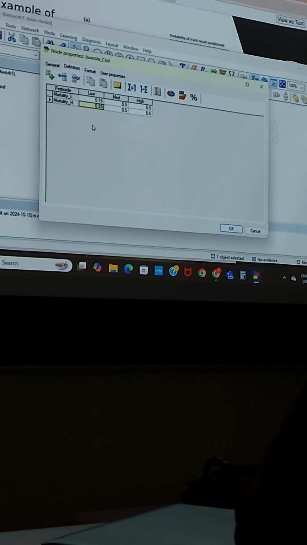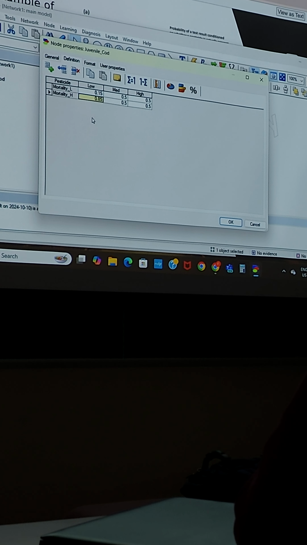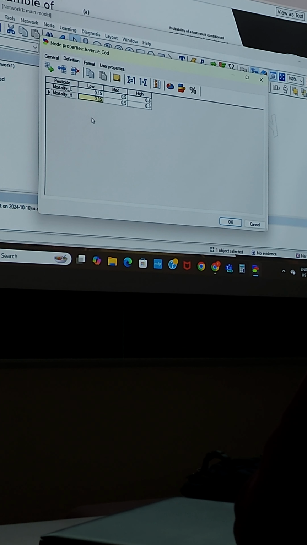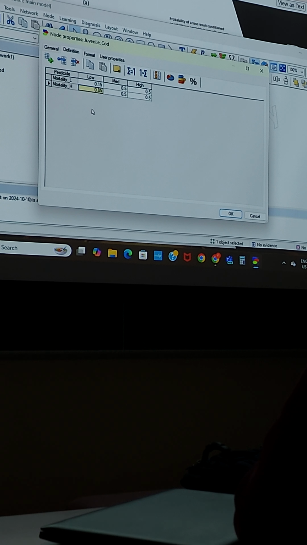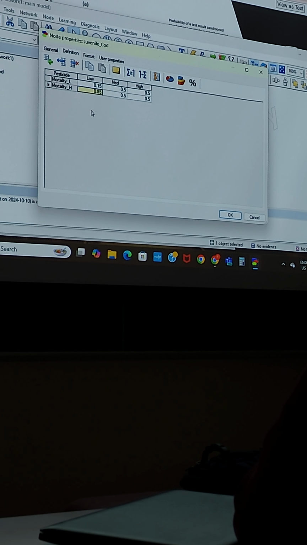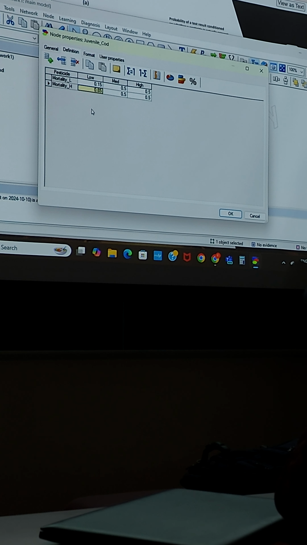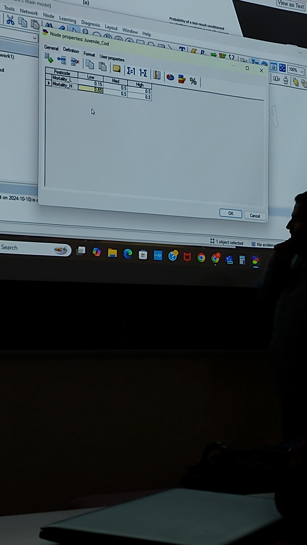If I had test results from say 10 different samples, all right, and again, what is the definition of low, medium, high, that you have to come up with. Say for example,